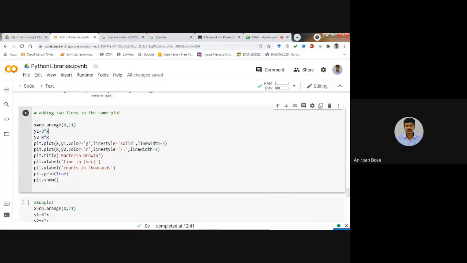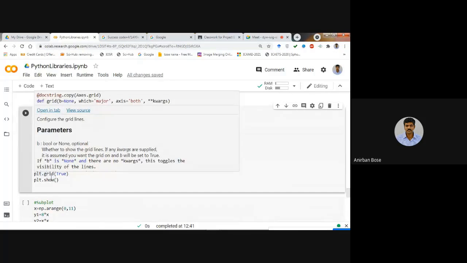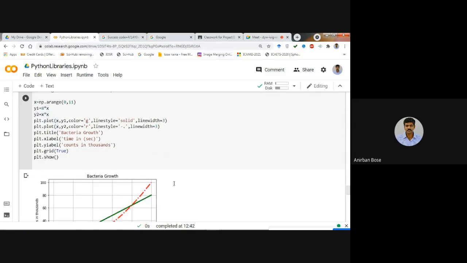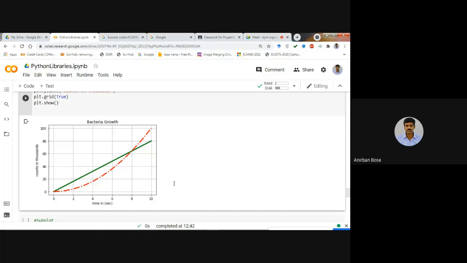So for that, you see plt.plot x comma y1, and you mention the color, line style, and line width. And then plt.plot x comma y2, mention the color, line style, and line width. Okay, and then you give the title, x label, y label, and you can also put the grid on. So for that, plt.grid, within bracket you write True. Okay, then plt.show. So if you do that, you'll observe this kind of a graph. Here you see that grids are on. So in this way, you can make the graph better. It's working fine?